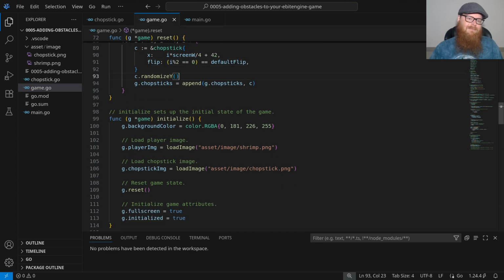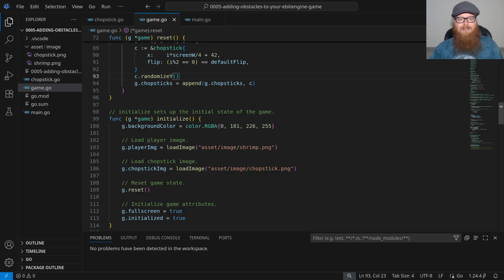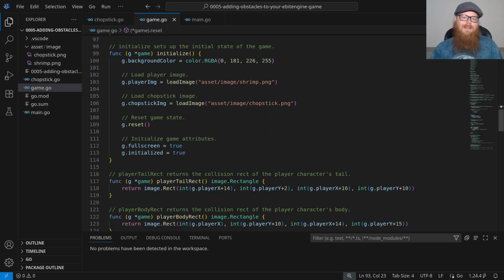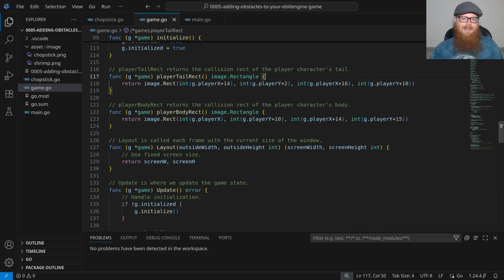And for each of the 4 chopsticks that we create, we'll randomize the Y position. In Initialize, we load the chopstick image. And here we define the player collision rectangles.